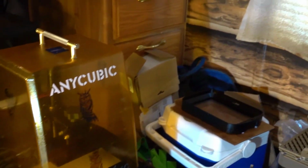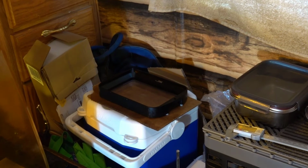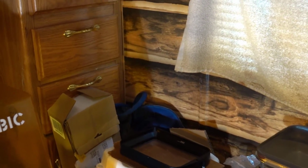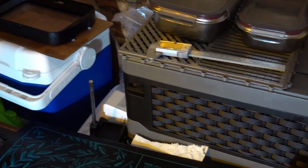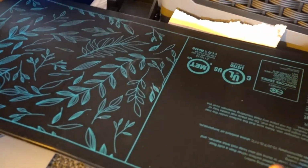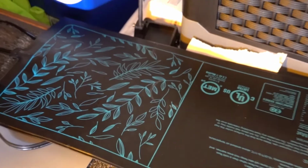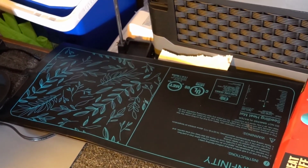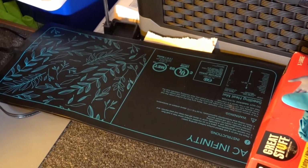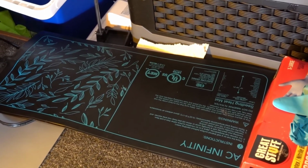Now, if we go over here, always get an extra vat. I always try to get an extra vat. It seems to be great. If you see right down here, see the point right here, this is a seed mat. It's for keeping seeds warm at a certain temperature. And this seed mat, through the whole mat,